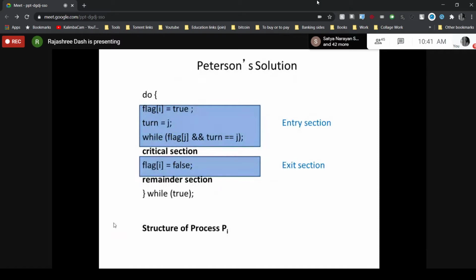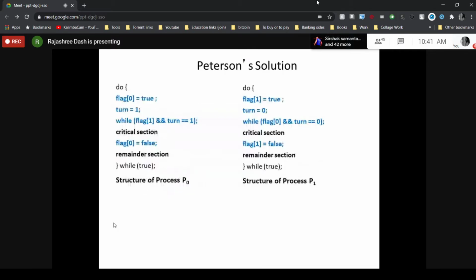So now, besides the critical section and remainder section, we have to add the entry and the exit section. So using the Peterson solution, already I have told you the 3 lines you have to put in the entry section and 1 line related to the exit section. So there are 2 processes. So here separately I have represented the code related to the process P0 and to the process P1. So carefully just check. Here related to process P0, the first 3 lines are the 3 lines related to your entry section. This is the critical section and this code is the exit section.